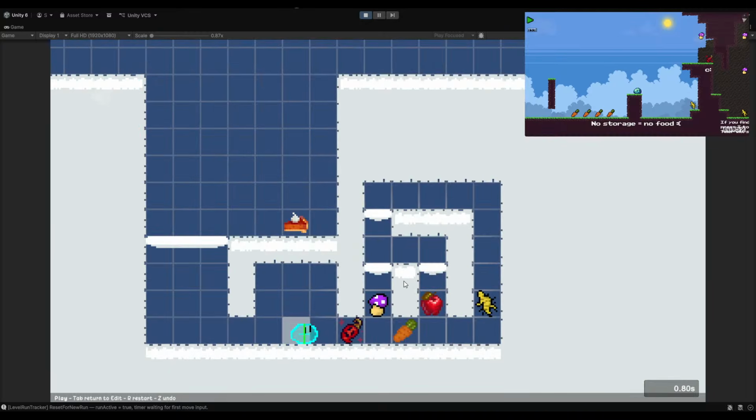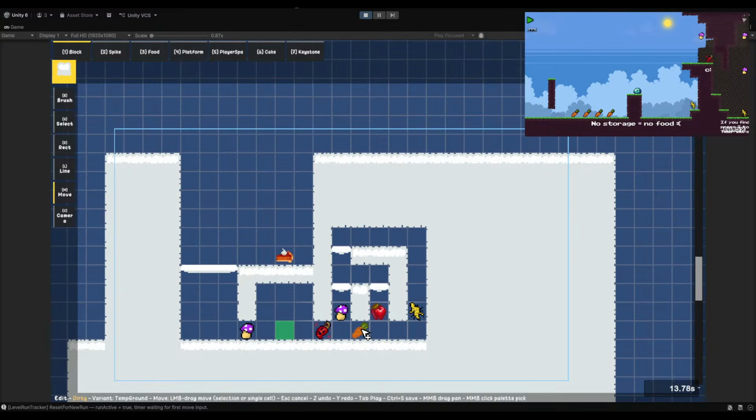Oh, great. Now they're expected to come here, get this apple. Wait, no, they can literally just... No, what was I trying to do? I need to make sure... I want them to grab the apple so they can avoid picking up the carrot. Right now they can just grab the carrot, which is not good.